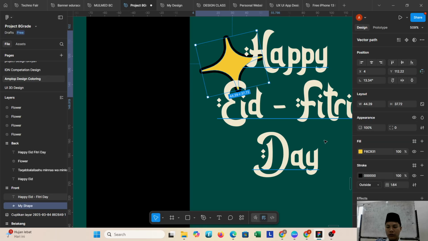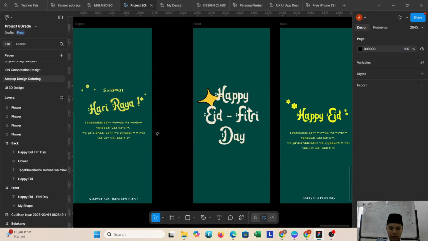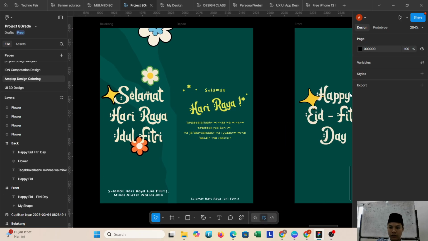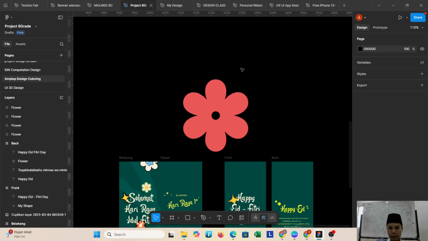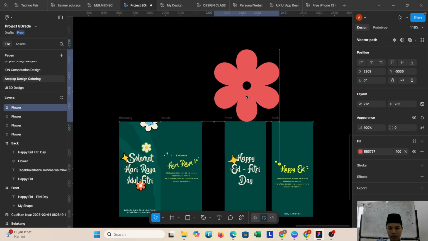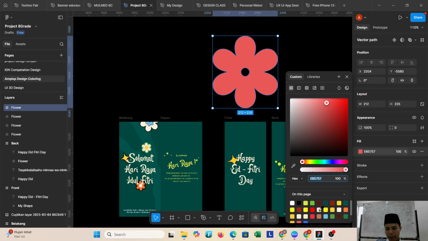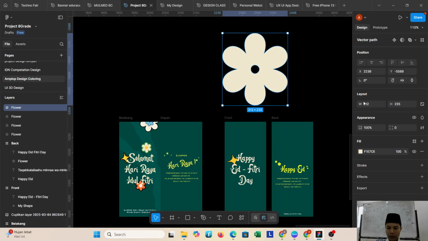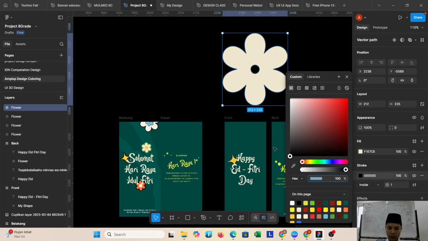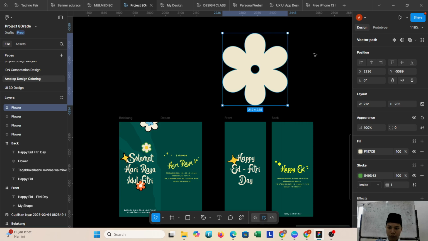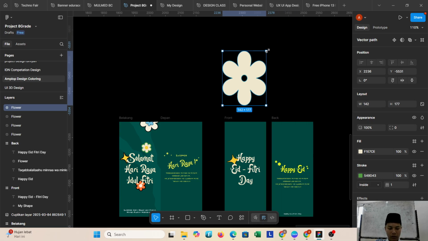Actually I just want to make it one for the stroke. Okay, if it's already like this, you can change the flower. I want to use cream and add the stroke again. The stroke I want green, and then don't forget to change the size.